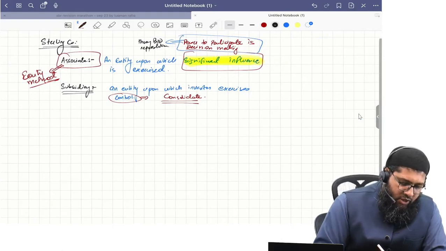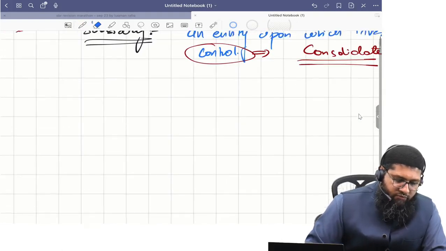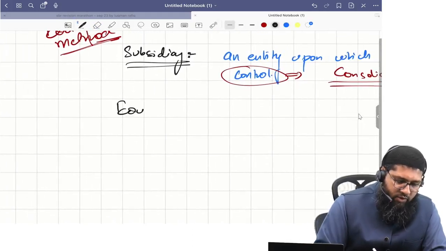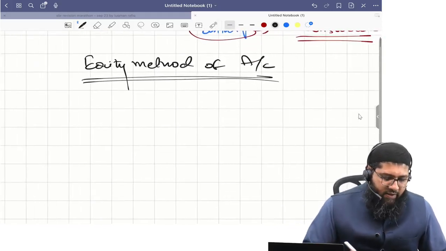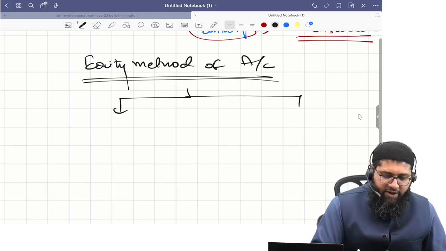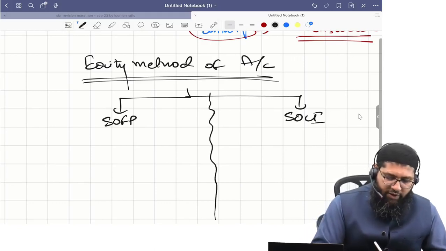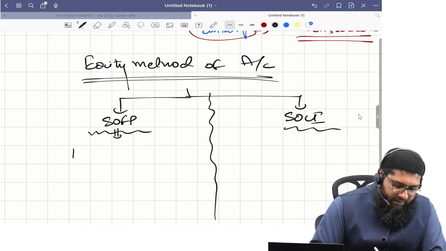Now, let me give you a bit on the concept of the equity method of accounting. With the equity method, there is separate accounting with respect to the SOFP and separate accounting with respect to the statement of comprehensive income for the associate. With respect to the SOFP, what do we do? We present